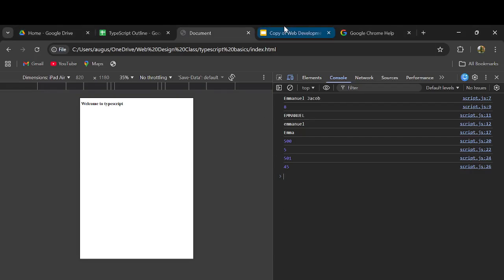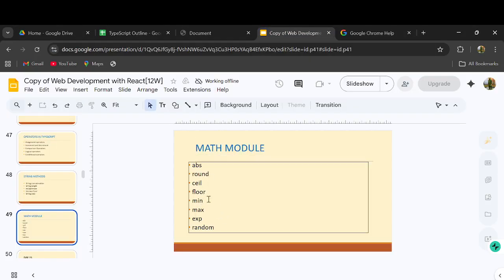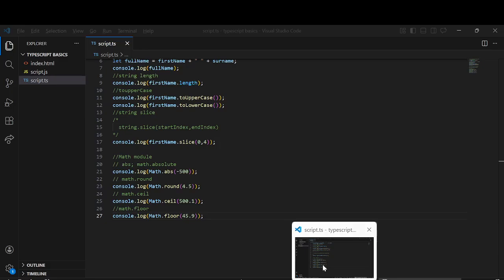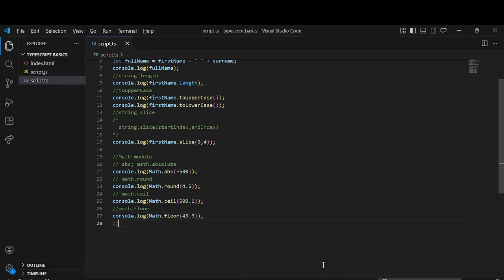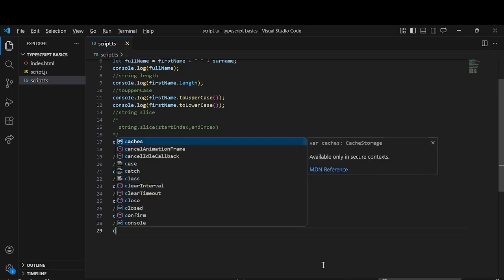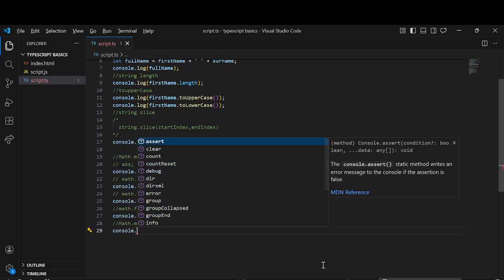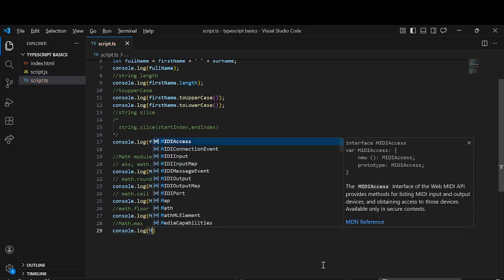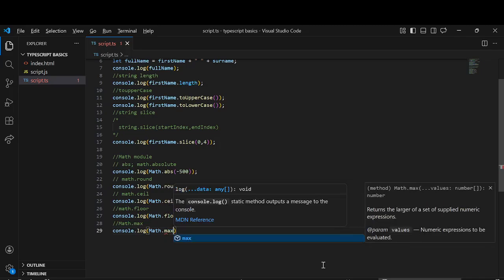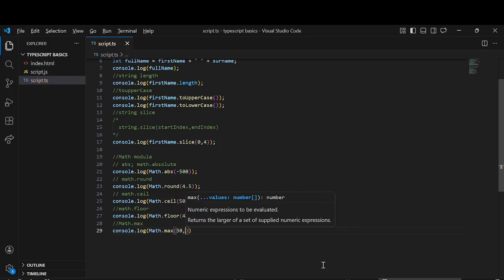So we're going to check for maximum. This minimum and maximum is used to select the minimum and maximum number in a series of numbers. So we'll come here, Math.max. Come here, console.log Math.max. Let's have a series of numbers here: 30, 40, 200, 300, 50. It's going to select or return the number of the highest value, which is 300 here. If you come here and run this,